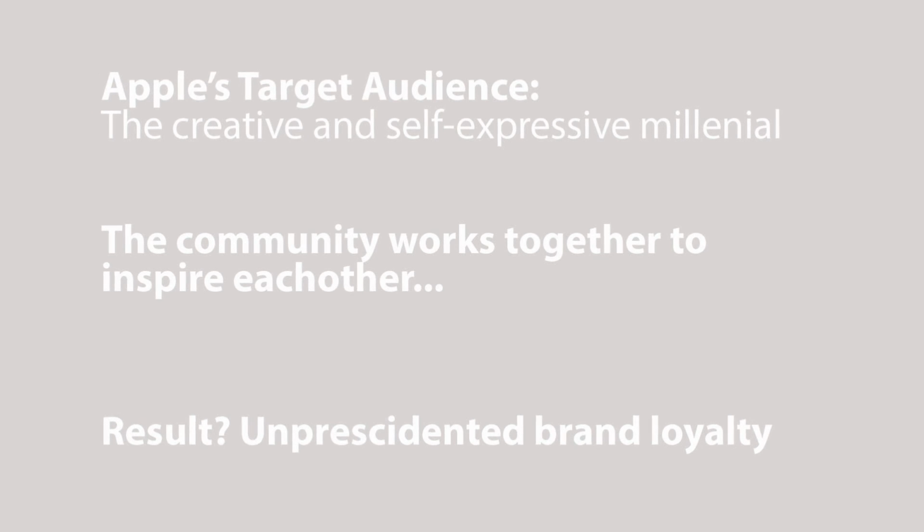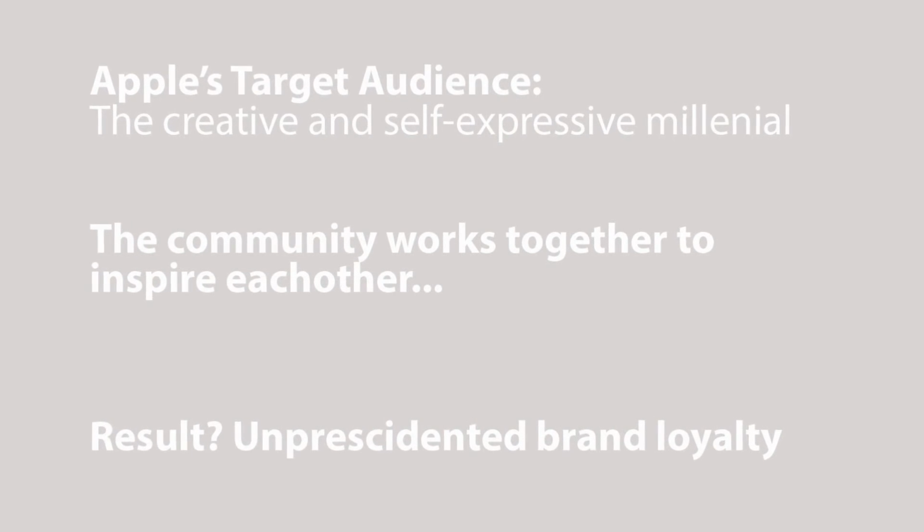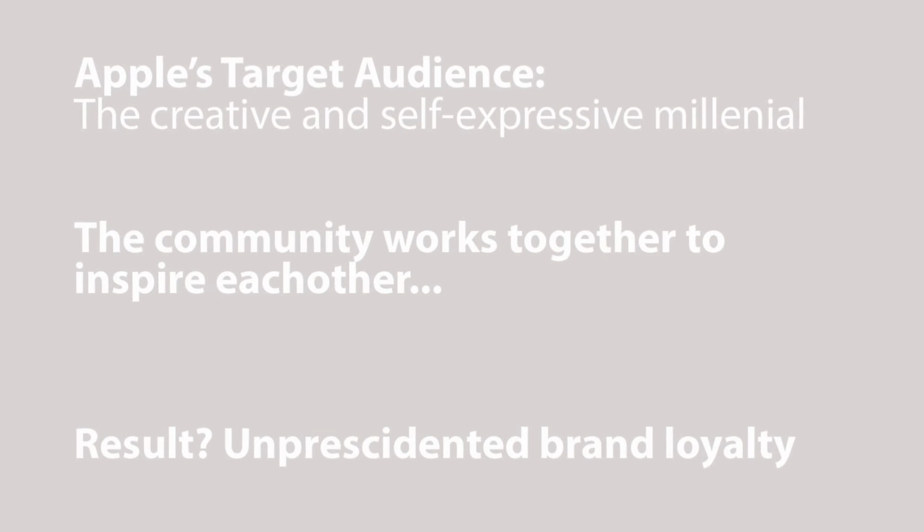And they could have implemented search engine marketing, targeting keywords such as "best iPhone camera" within paid search to generate even more awareness for the campaign. However, this strategy could have been seen as too biased by consumers and instead would have been more effectively used for brand ambassadors. Finally, Apple has established itself as a brand for the creative and self-expressive millennial, with a community